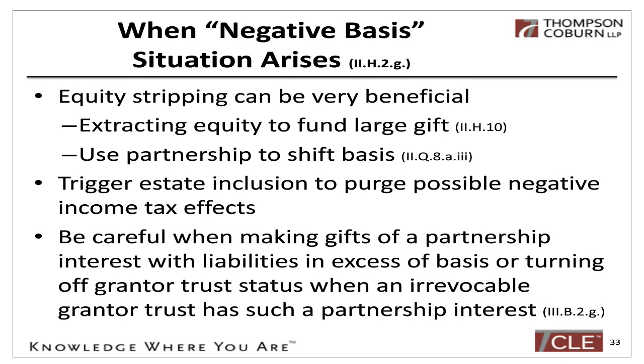If you strip out the equity by taking a loan against the value, you give away the equity, that's cash, that's basis. You keep that property that has a significant value, and you keep it till your death. You die holding that property. Now you have a basis step up to the full value of the property. You don't have to pick up that $100,000 in income. So that's a very beneficial thing to do. And there are also some ways to use borrowing like this to shift basis. I'm not going to go into detail here, but my materials go into that detail so you can read them.